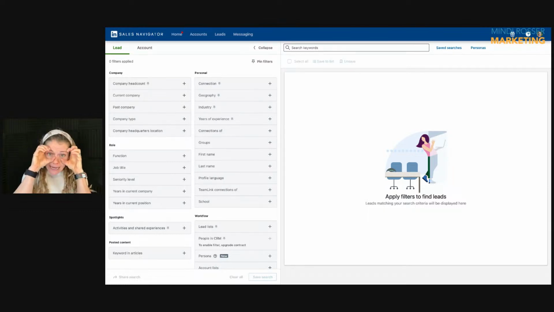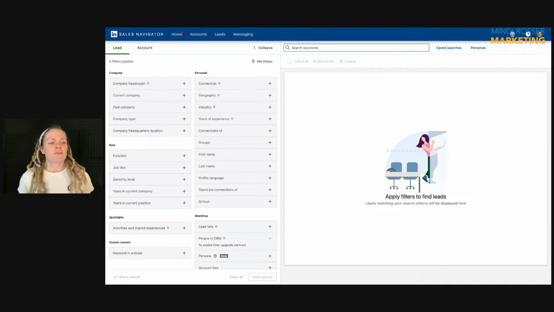Your eyes may get this wide when you see all of this criteria here. Okay, so basically what a search is. LinkedIn has a very robust platform. Is it the best ever? Probably not. I'm sure there are some systems that are a little bit more sophisticated than LinkedIn, but it's pretty